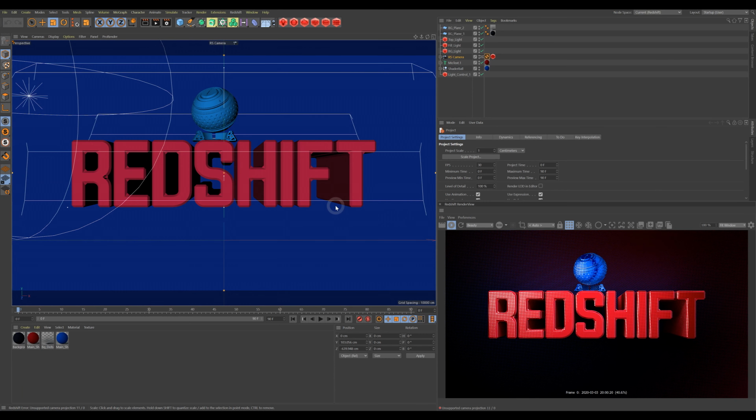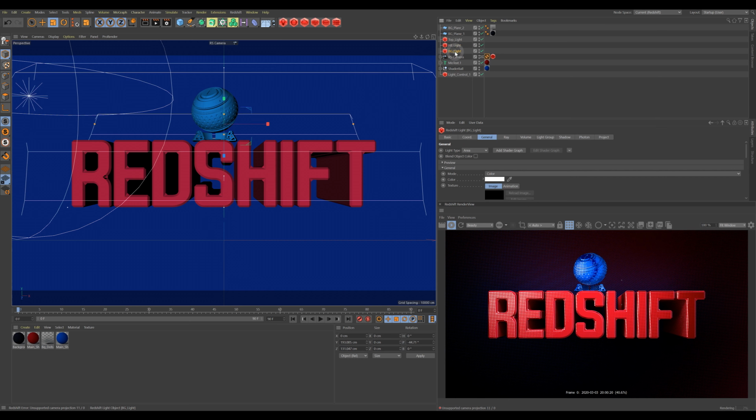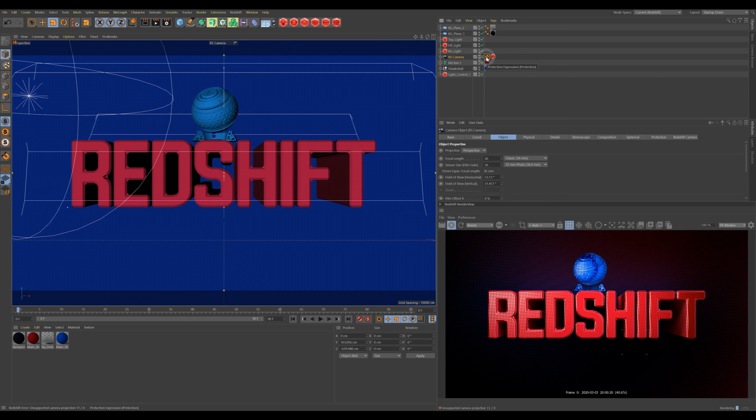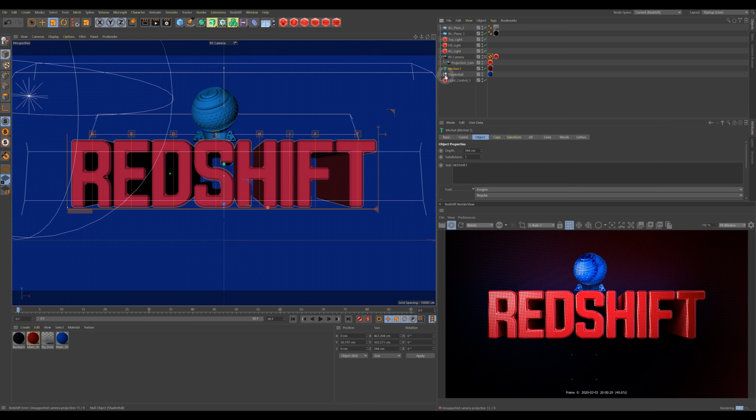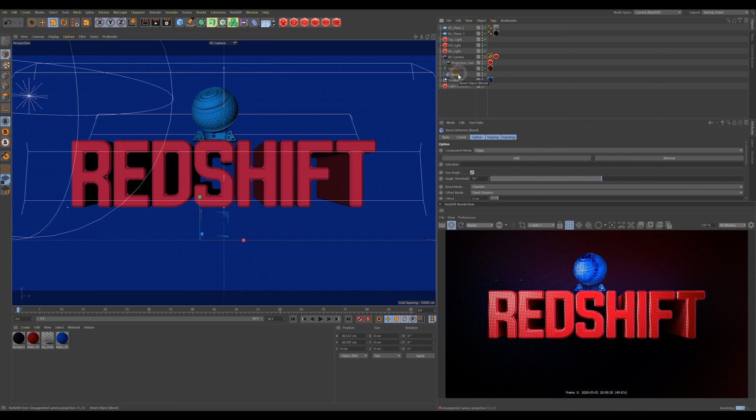So here we are in Cinema 4D. This is the scene we're going to be creating with the texture, or the shader, whatever you like to call it, down here. It's a pretty straightforward scene. I'm not going to show you how to make the whole thing. A couple of background planes, just for the background, with a version of this shader on it. A top light, a fill light, a background light which is just lighting the back plane, a camera which has a protection tag on it so I don't accidentally move it, a projection cam which is casting our dots, our halftone pattern, a MoText object with a bevel deformer on it, just to give it this nice